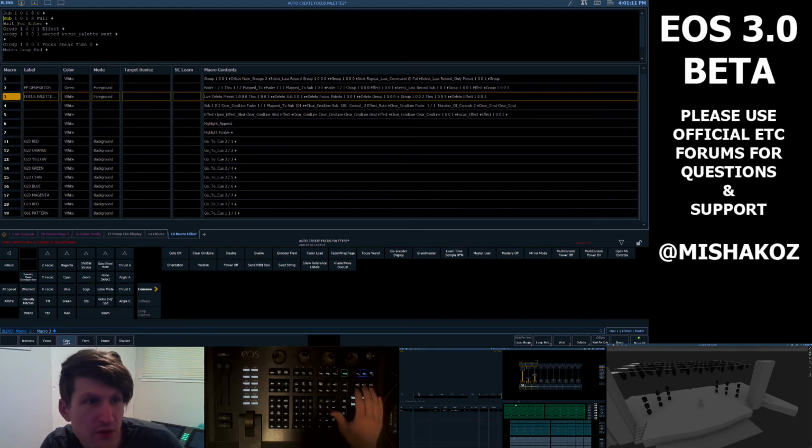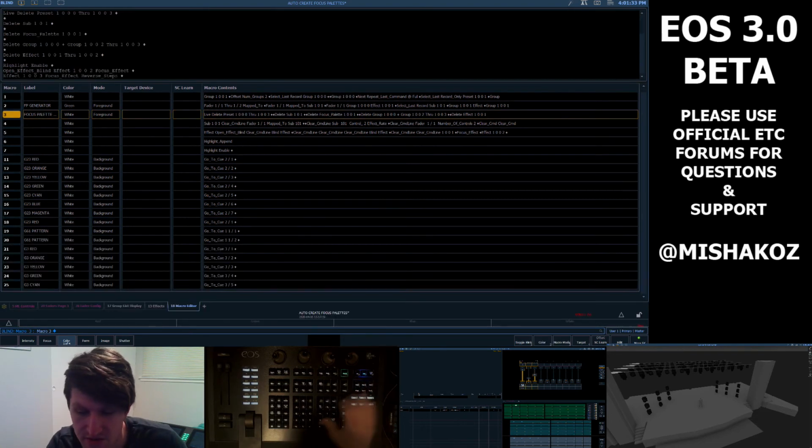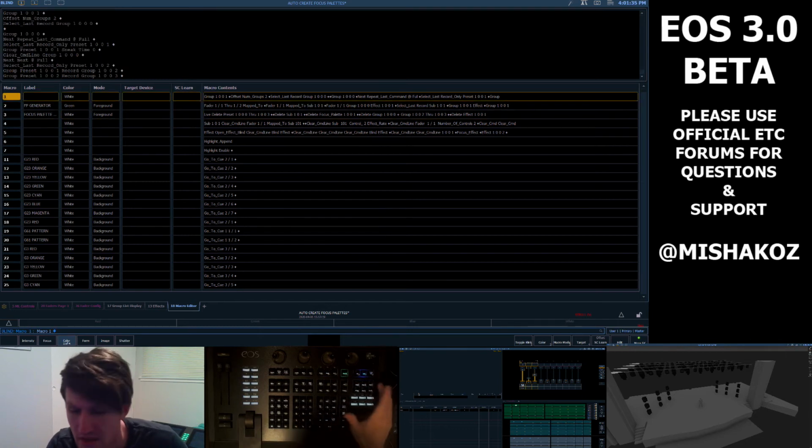Sub 101 at full. So 1. All right, that should do it. That should put it on the command line. And highlighted. So now the next thing I need to do is go back into macro 1 and add a